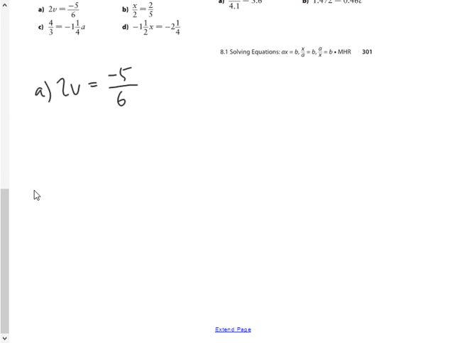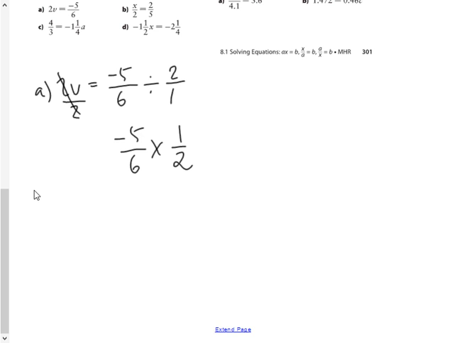is I want to figure out how do I get rid of this coefficient, because I want to isolate for v. And we know that we divide both sides by the coefficient. So I'm going to divide this side by 2, but I don't want to do it this way because it looks very confusing. So if I'm going to divide a fraction by 2, I want to actually write it as divided by 2. Or, even better yet, divided by 2 over 1, because we know we're going to use the reciprocal here. So keep the first fraction, change to multiplication, and use the reciprocal of the second fraction is how